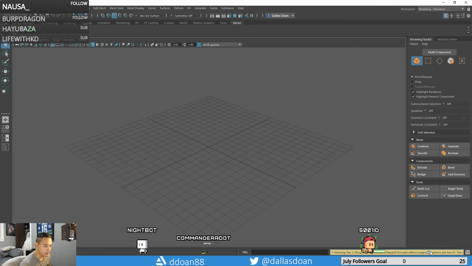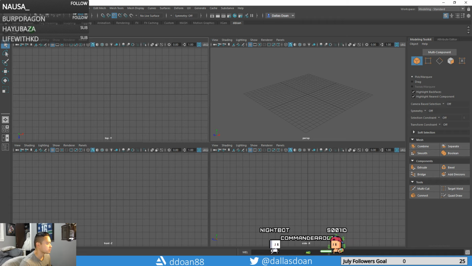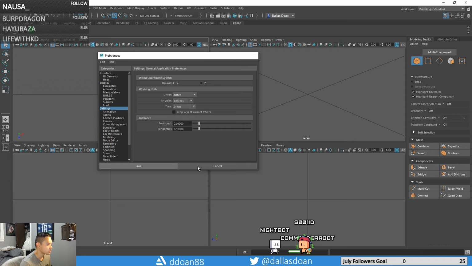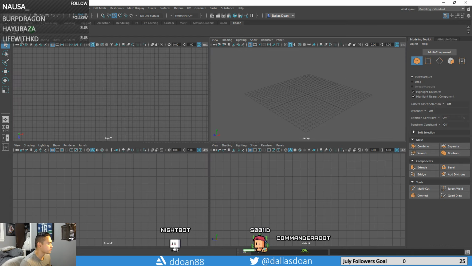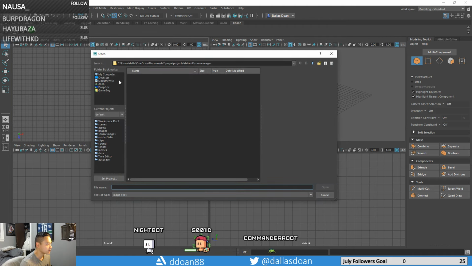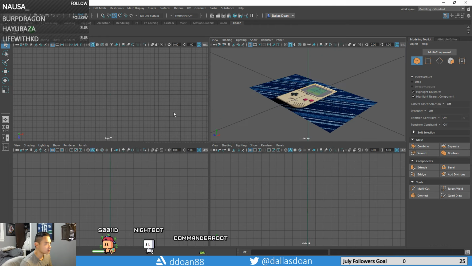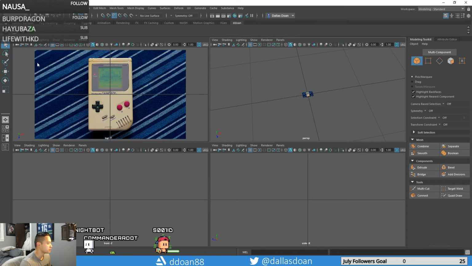Script support render ML, missing default renderer Maya, set to environment variables. What's going on here? Okay, so now if I go to Windows, set preferences, go to settings, make sure this is set to meters. Cool. Image plane, Game Boy reference here. Okay, cool. And then next thing I want to do right away is I want to import in a